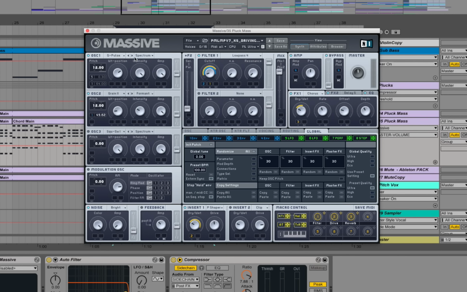So what you can do is look for the G pulse, enter the G pulse wave, and then take this arrow here and go down one step further and you end up at the B pulse wave, which is a pretty cool wave table. Because it might sound like this, for example.